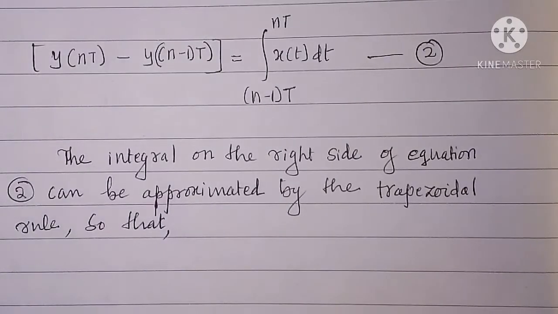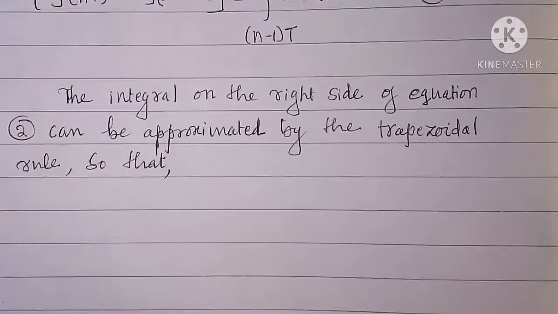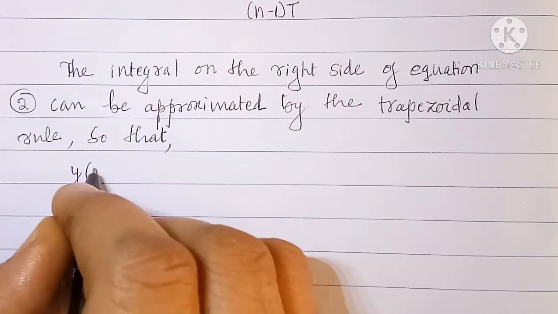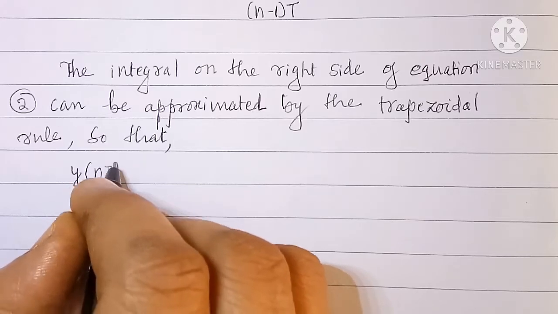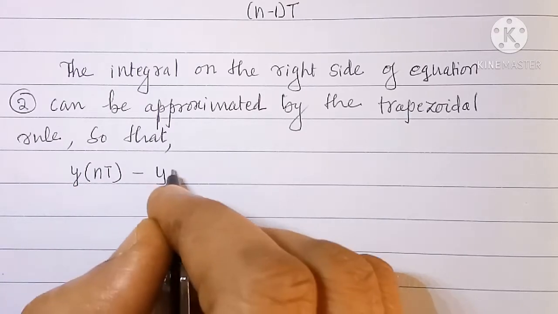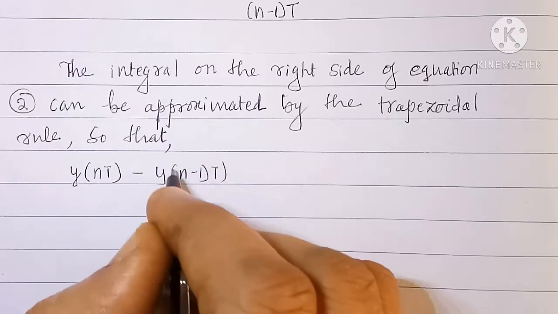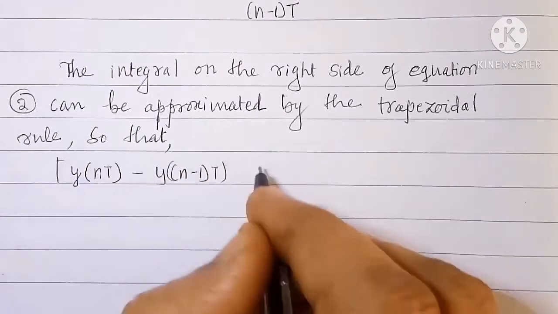So that y of nT minus y of (n minus 1)T is equal to